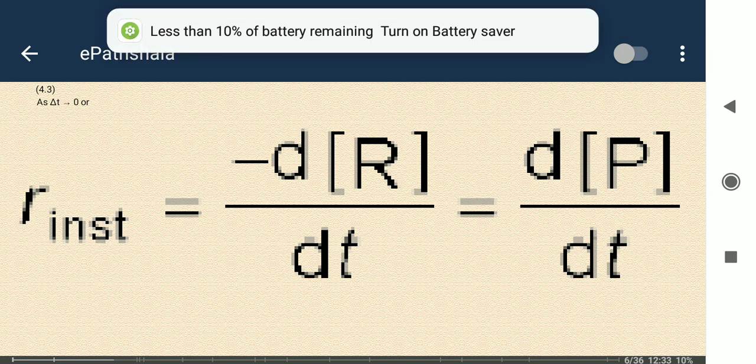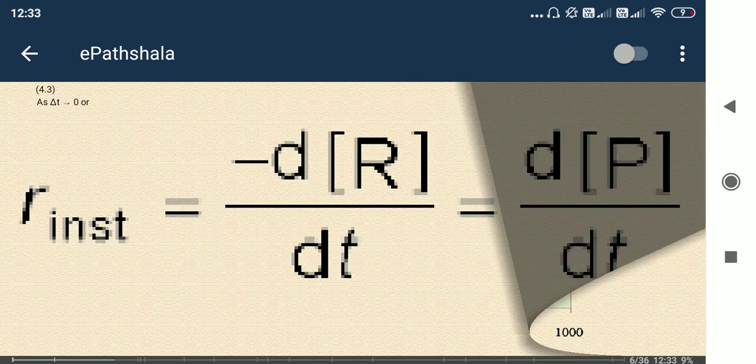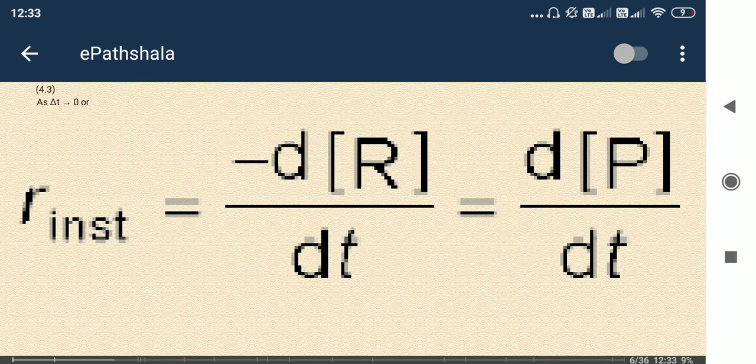So whatever the concentration was at the initial time, it is not the same after some time, right? So it is getting decreased. That's why the reaction rate is also getting decreased, the rate of conversion of reactant to product is getting decreased. That's why it is changing. But in case of average, we need to take the total concentration change by the total time taken, that is the average reaction rate.